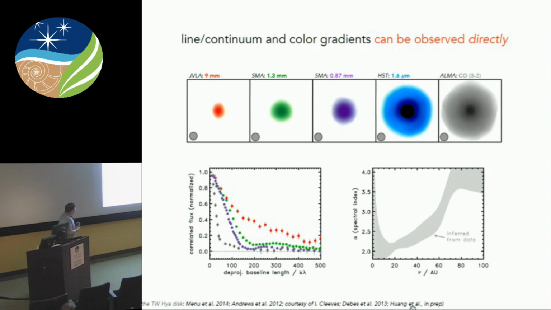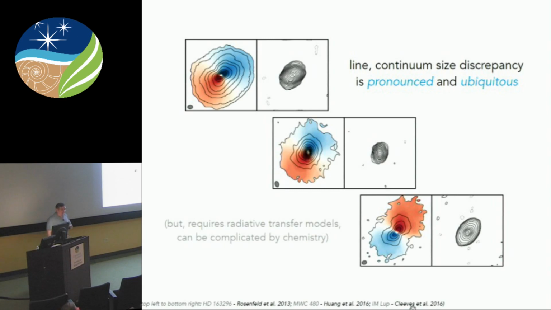Right, so you actually see these effects pretty directly when you have good enough data at high enough spatial resolution. And this is an example for a special disk, which is scattered throughout this talk. It's called the disk around TW Hydra. And just for those of you in the know in this field, I'm not showing this because it's the best case. In fact, we actually see this always. There's not tons and tons of data where we have this kind of information, but there's a couple dozen disks now and you see this effect always, right?